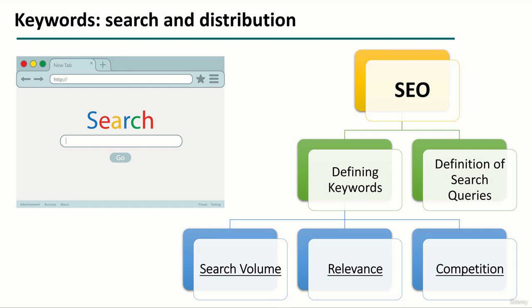Today, it's not just about throwing content into the digital realm and hoping it sticks. It's about understanding and identifying the specific queries and keywords that people are entering into search engines. It's these keywords that you want your site to rank for that act as the beacon guiding your audience to your content. But determining these keywords is not a shot in the dark. It's a strategic endeavor where several critical factors come into play. When determining the keywords for which you want to promote your site, there are several factors to consider: search volume, relevance, and competition. Let's take a closer look at these components.